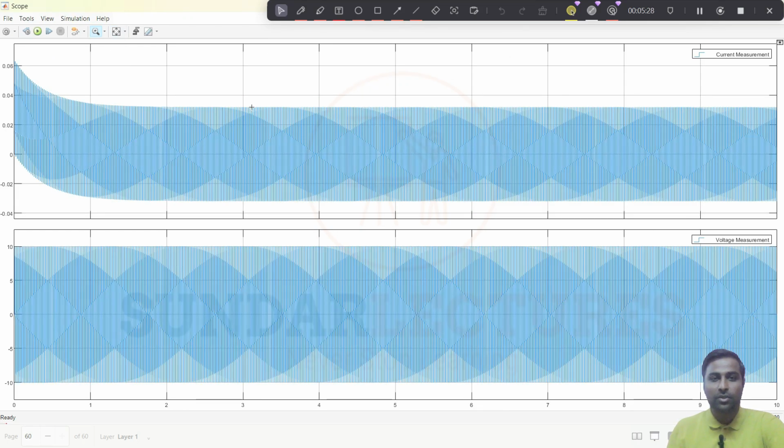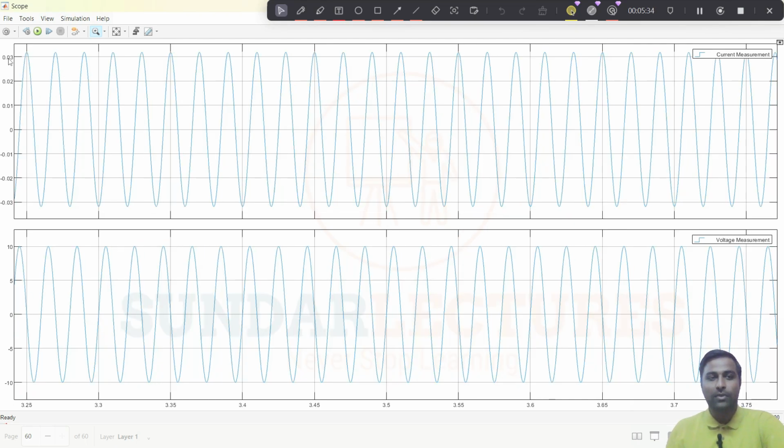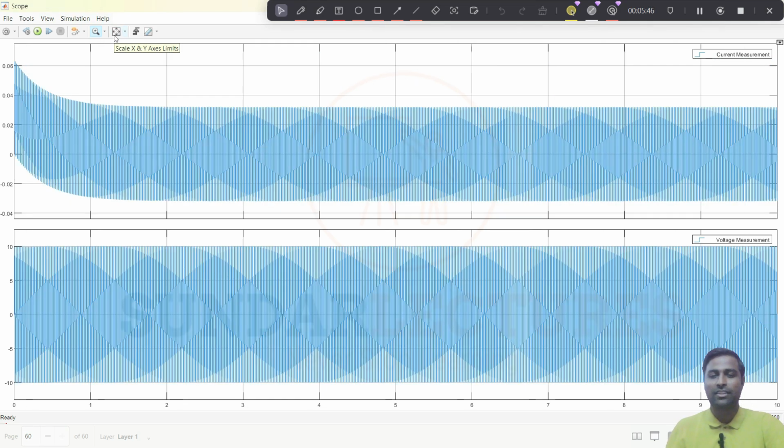See, you click this, you will get a graph like this. This is the steady state, this part. What is the value? It will be 0.03. Double the value, the current is increased at the transient part, right? That is the main area you have to cover if it is an inductor, right? See, the transient part from here to this point, it is the transient part, and after that we are getting the steady state part,